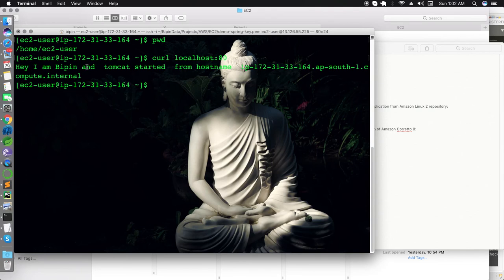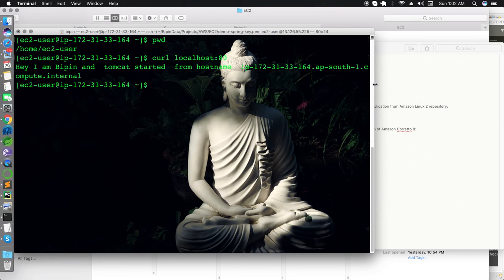See, so while creating the instance, I have put in a script to start the Tomcat and just print this message. So now I am just checking whether that Tomcat is getting started over there or not, or if it is published or not. So I can just call this command and I am able to see my message. So the instance got generated successfully with the user data. Okay, now